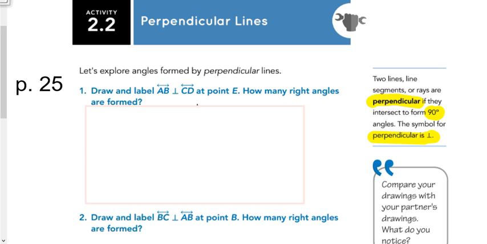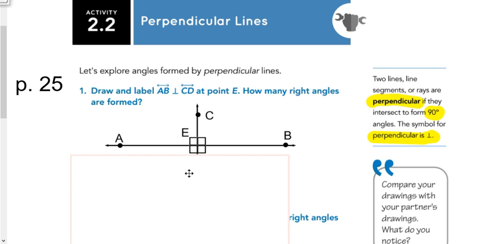So let's see, right here, number 1, it says, draw and label line AB perpendicular to line CD at point E. How many right angles are formed? So we would have to draw a line AB and then line CD crossing or intersecting to form right angles at point E. So where they intersect, where they cross, we should have a point E. So just like this,